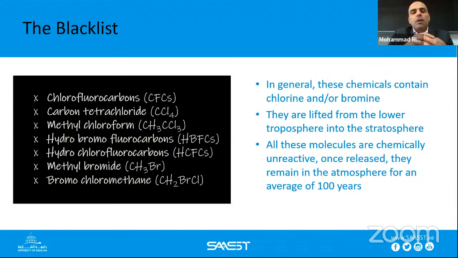So this list, most of them consist of chlorine or bromine or fluorine. All of these elements are harmful. We know this. They're called the halogen elements. So they are very active. They're poisonous. It is dangerous. But when they compound with the carbon, like CCl4, a very strong chemical compound will be produced.